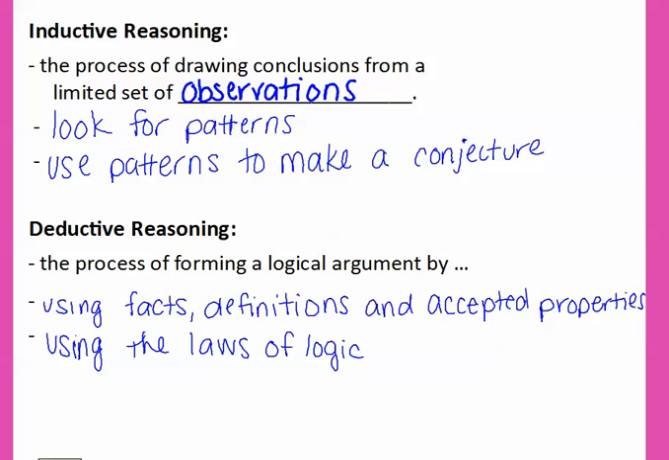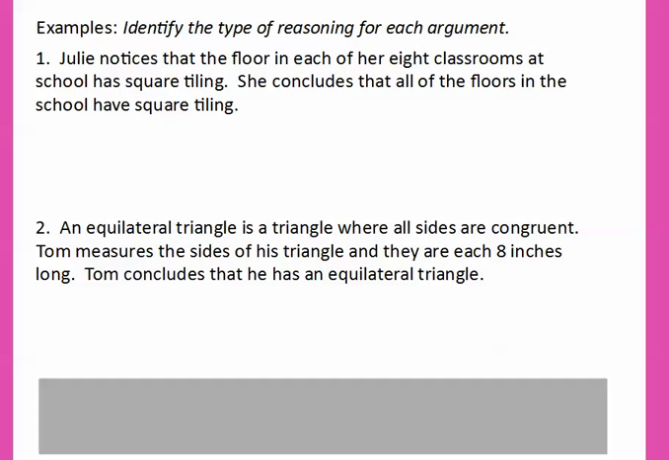So let's look at the difference between the two. Julie notices that the floor in each of her 8 classrooms at the school has square tiling. She concludes that all of the floors in the school have square tiling. Now, since Julie notices, that's an observation. And she's only observing this in her 8 classrooms, but she's drawing a conclusion for all the classrooms. This is inductive reasoning